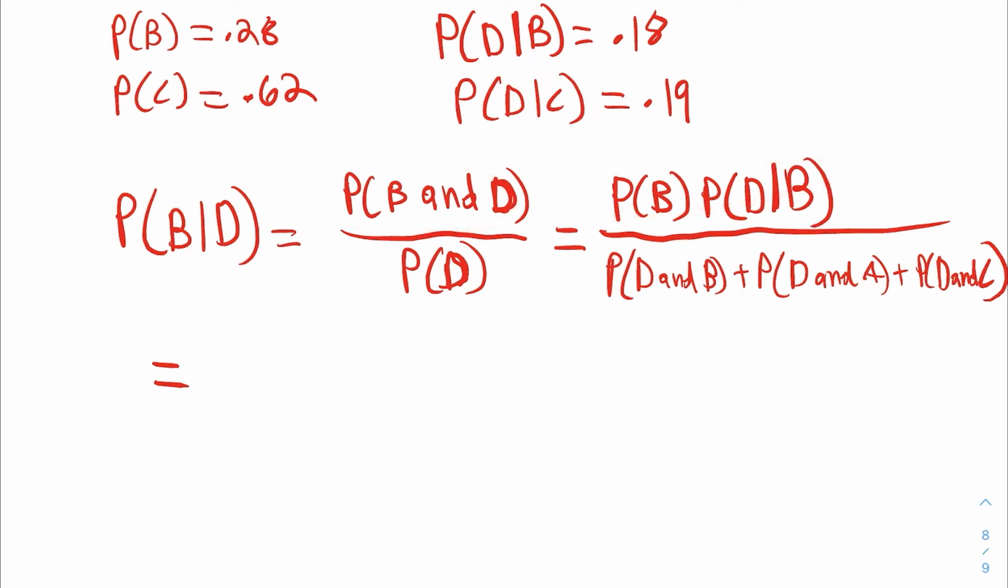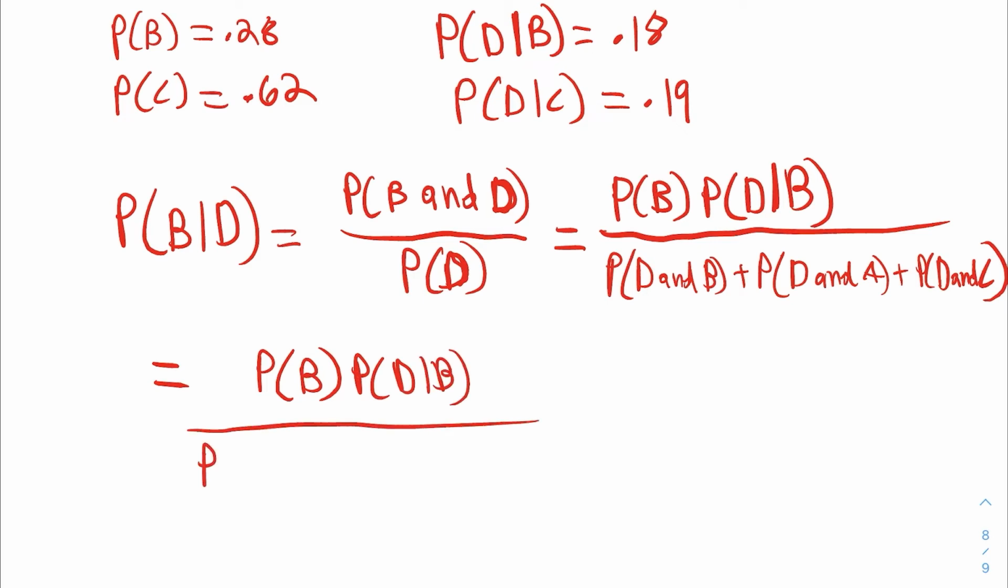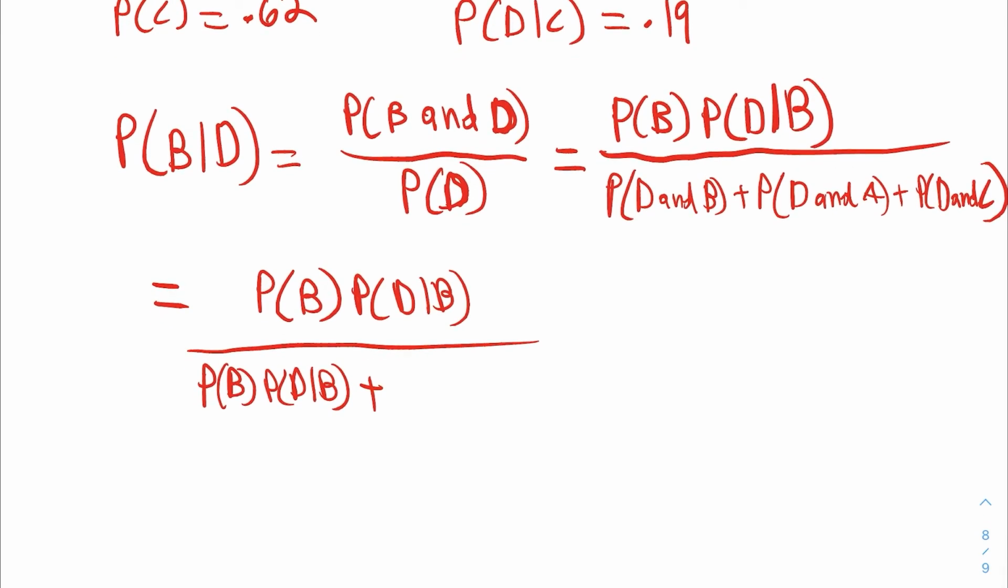I can use it on the bottom again. I already found the probability of B and D, which is the same as the probability of D and B, equal to the probability of B times the probability of D given B. So on the bottom, the first term is the probability of B times the probability of D given B. Then I have to find the other ones using the same formula, the product rule for probability. For the probability of D and A: